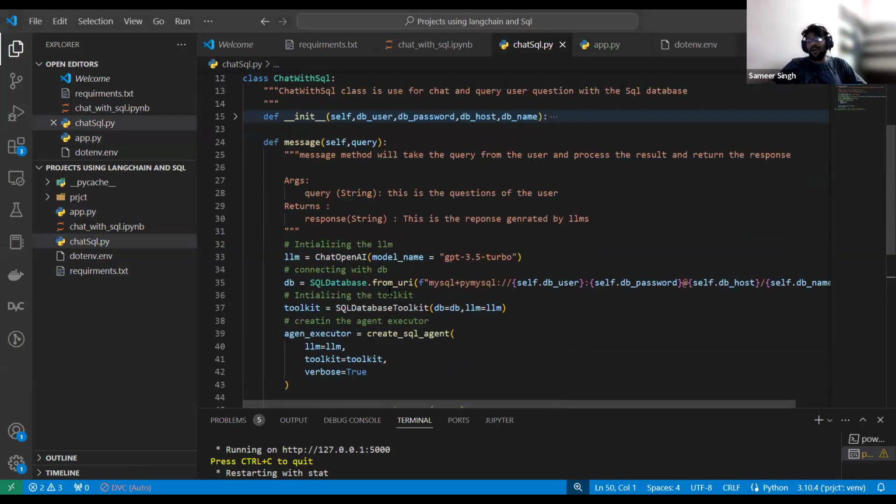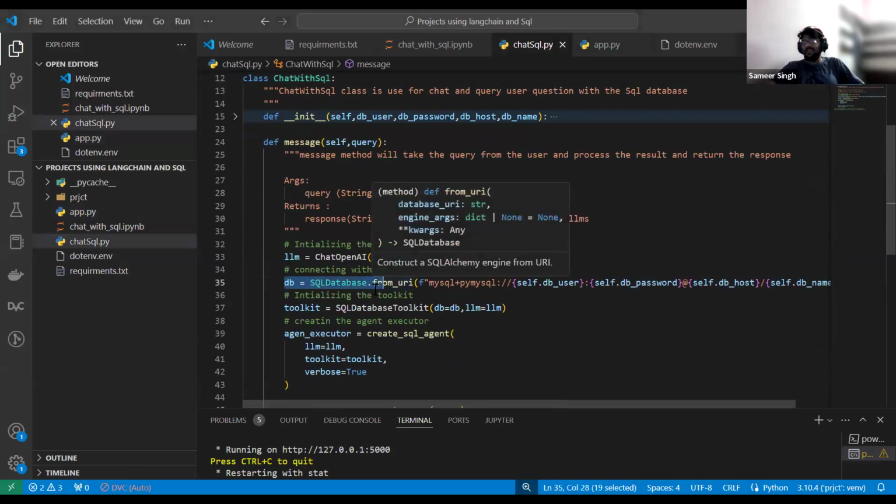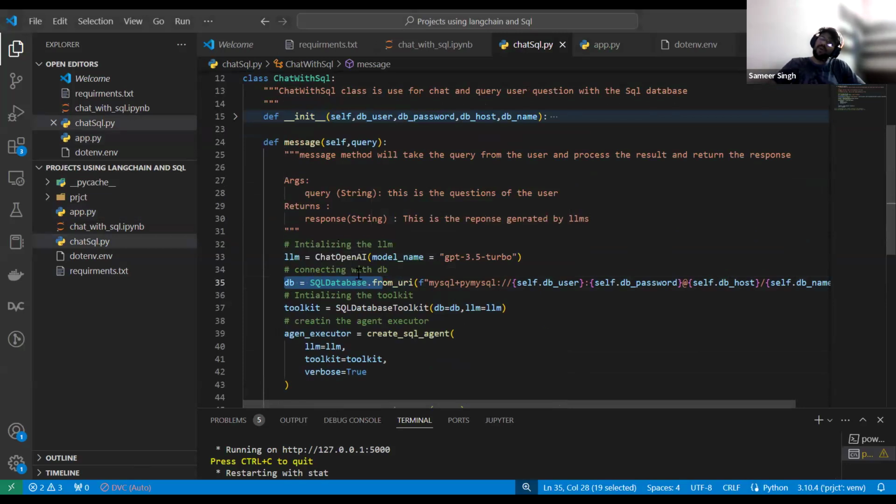So in that case, if you just have to ask questions over some PDF, instead of reading the database as we are doing here, you read a couple of files. If you have to scrape a website, you extract the text and then perform Q&A over it. So a Gen AI project is not going to be very long. The only thing is you should have a good understanding of Python programming. That's it.